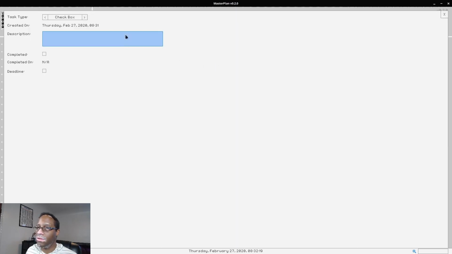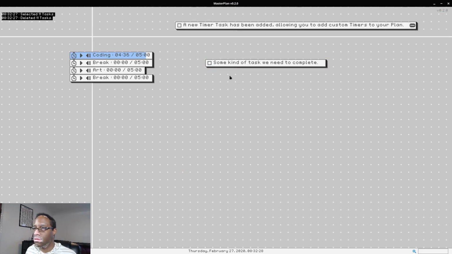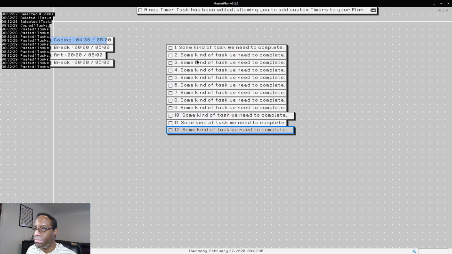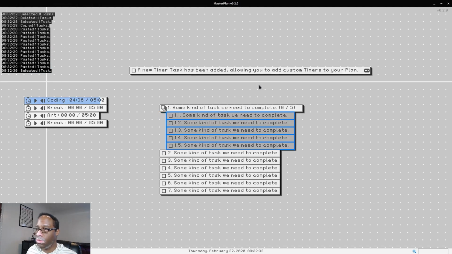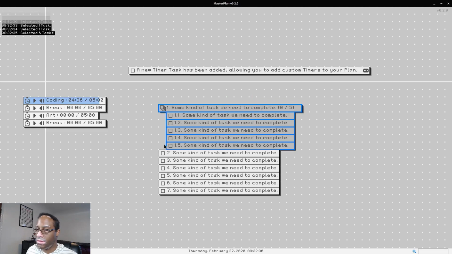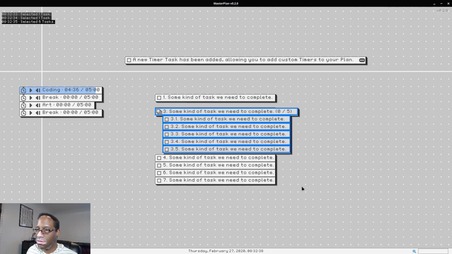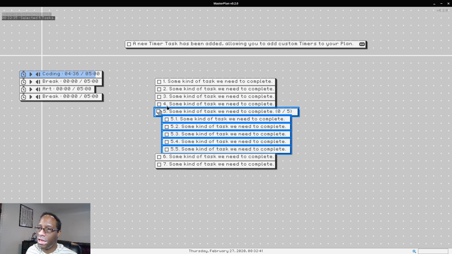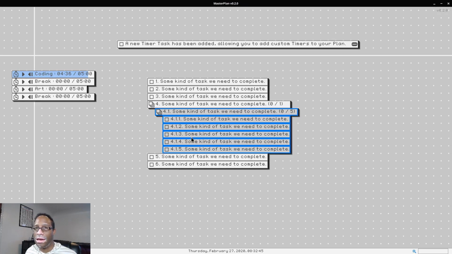So for example, if you say, okay, here's some kind of task we need to complete, and we say, oh, we want to go ahead and move these out. Now let's say we want to move all of these down. And then we say, you know what, task 4 actually has different stages, so we can indent that. And it's a lot easier.